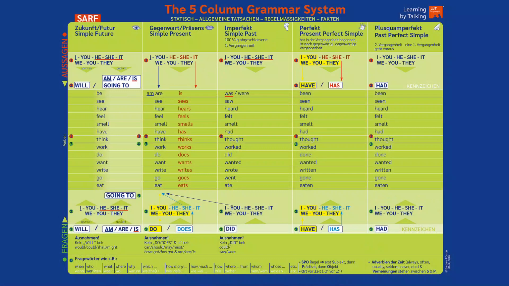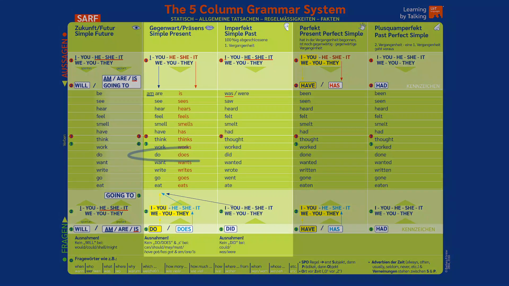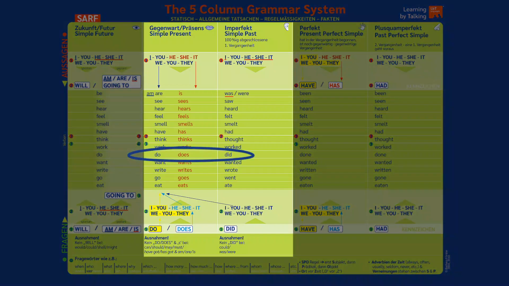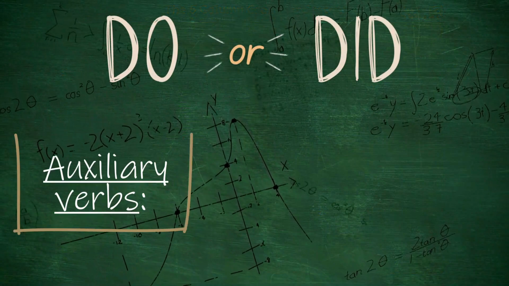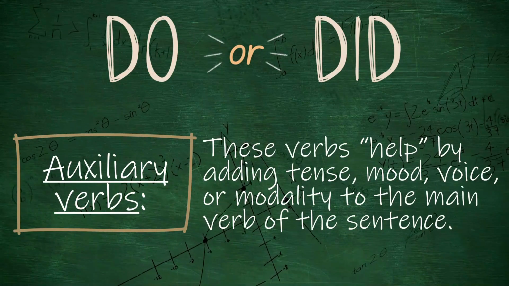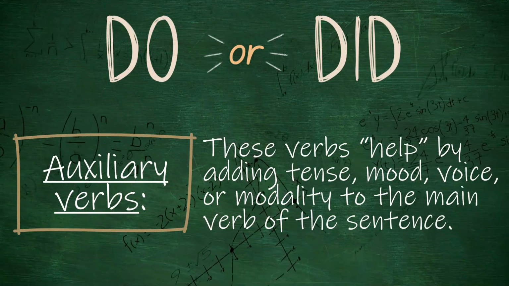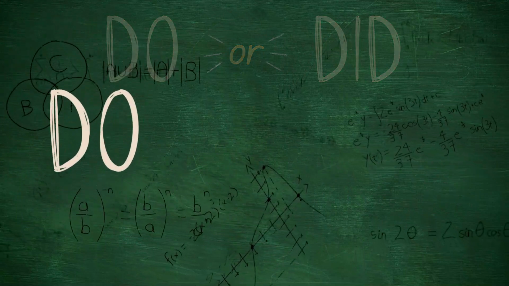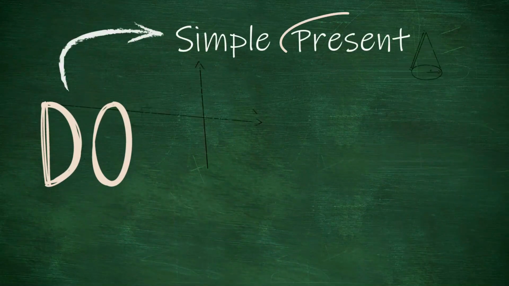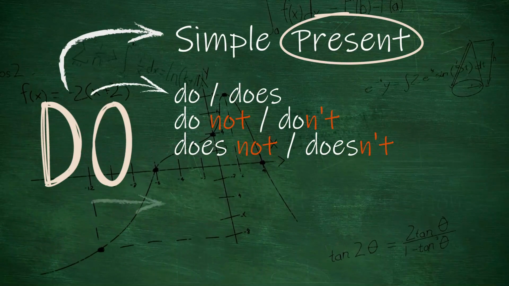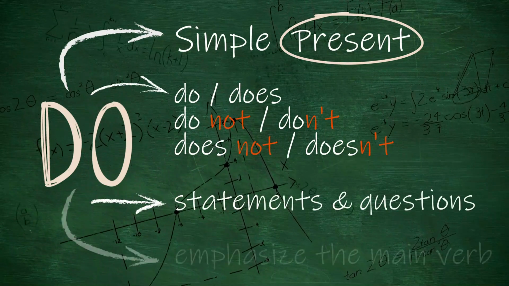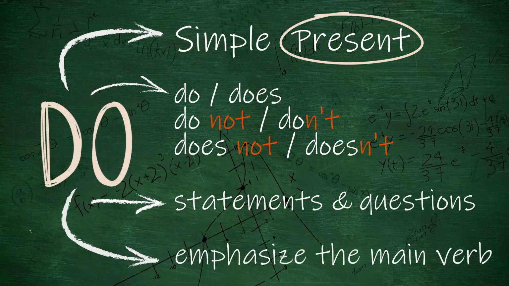Using the LBT 5-column system can help visualize this really easily. First, we'll look at the rules and then how to use the 5-column system to practice it. "Do" and "did" are both auxiliary verbs in English, but they are used in different ways and have distinct purposes. "Do" is often used as an auxiliary verb in the simple present. It can be positive or negative, a statement or a question, and it can be used to emphasize or intensify